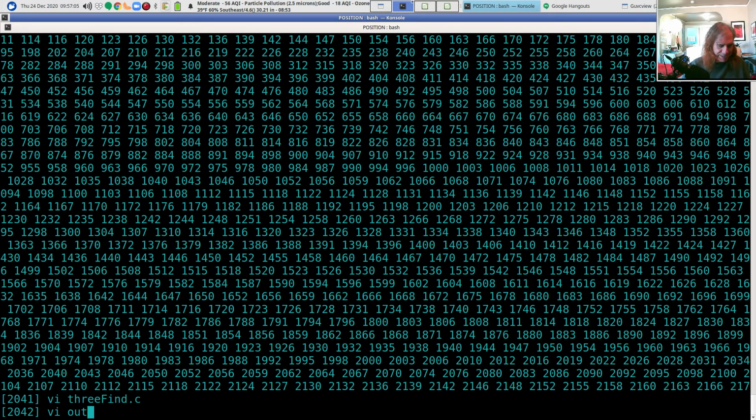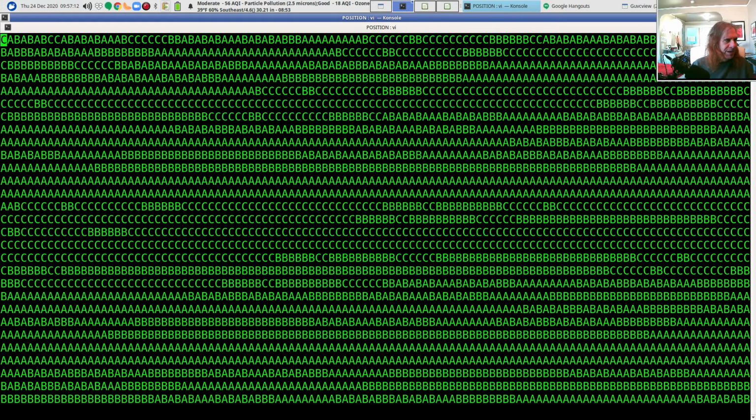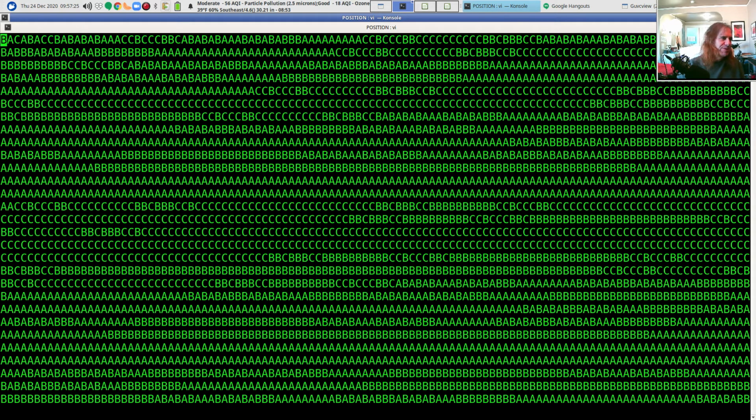And if we do that, we get this. And so this file, I wrote out as 3 lines. So the A string starts as ABC, B, AA, CC, BB, AAA, and so on and so forth. The B string starts BAC, BACC, and the C string starts CAB, AB, etc., etc. Right? And so we can play with those.